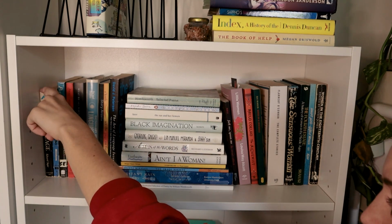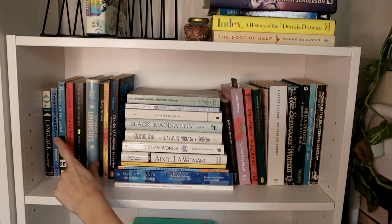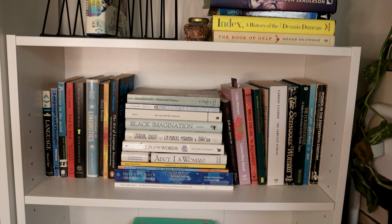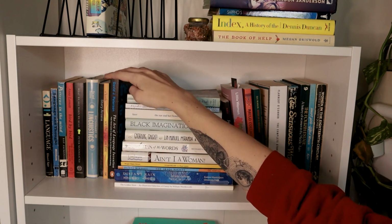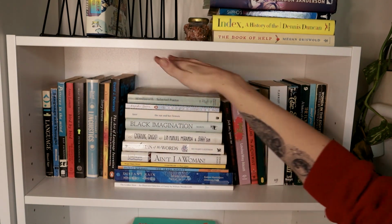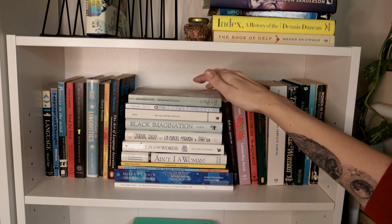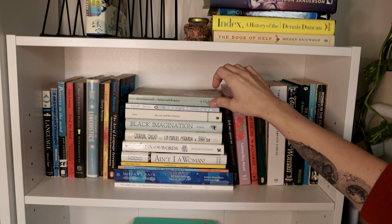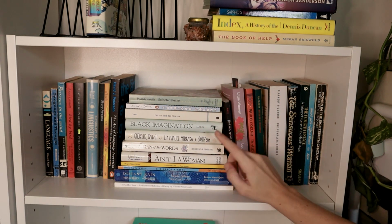This is just Language by Edward Sapir, Language and Thought, Patterns in the Mind, and Lamott's Bird by Bird, What We See When We Read, Dictionary of Linguistics, Story Arcana, Set the Page on Fire, The Art of Language Invention. In the stack is selected poems of Wordsworth's, Alejandro Zambra's Multiple Choice, The Sun and Her Flowers, Black Imagination, Lin-Manuel